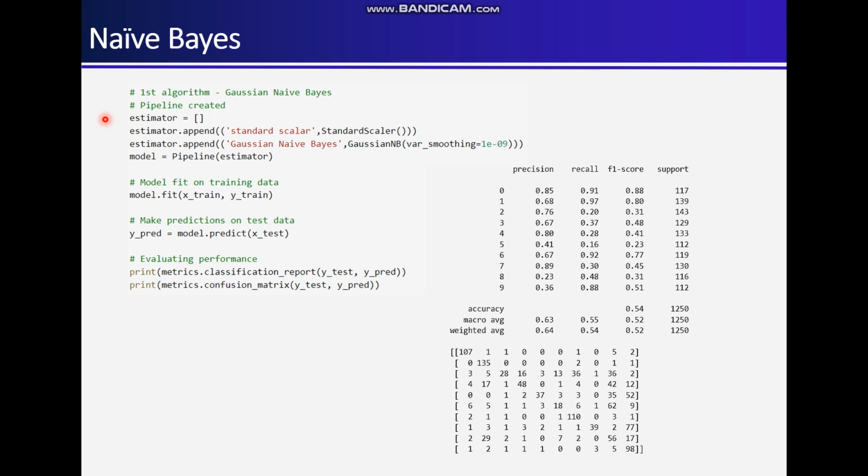it is shown through a variable, estimator. Then in the estimator, I'm appending my first process, which is basically the standard scaler. Then in the third process, which is my naive Bayes model. So all these processes are stacked in the pipeline architecture, and my model is basically a pipeline-based model, where I have stored my estimator over here. So the estimator has three processes, and over here what I am doing is fitting the model on the train data and the train labels. Then I am doing my predictions on the test data, which is X_test, and then I'm finally evaluating my performance, since I have the reference of y_test, I have those actual labels, and I have my